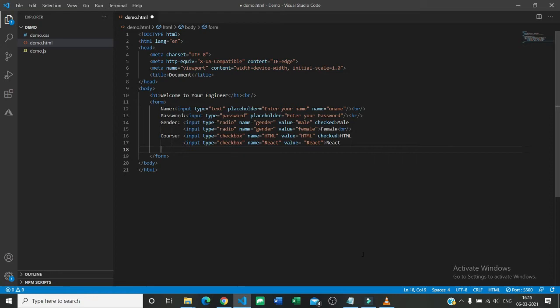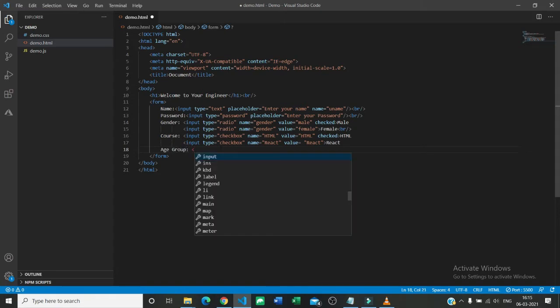In the last lecture we saw that in a registration form, we are asking for name where input is text, we are asking for password where type is password, we are asking for gender, we have seen radio button, and course for checkbox. Now what if I want to know the age group of a contestant or of any enrollment? So let's give a label of age group.